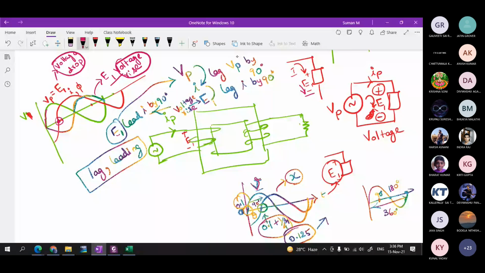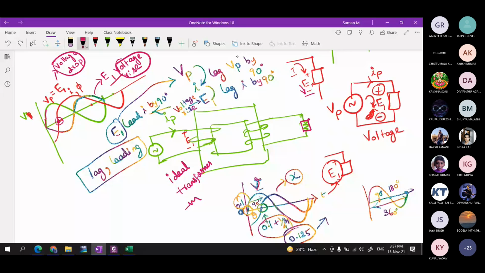This is considered as an ideal transformer. Why it is considered an ideal transformer is that here we did not consider any resistor part. This resistor is a load, so you forget about this load. Other than that, we did not consider any resistor here. If we consider any resistor here, it will include losses also. Generally, this resistor is included to represent the losses except the load. So here we are not representing any resistor, so this is considered an ideal transformer.